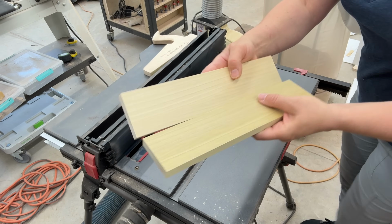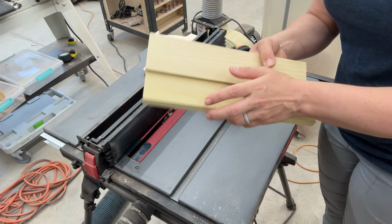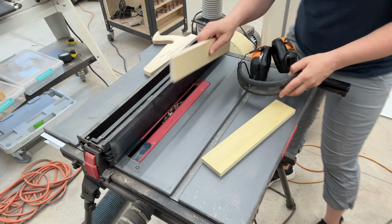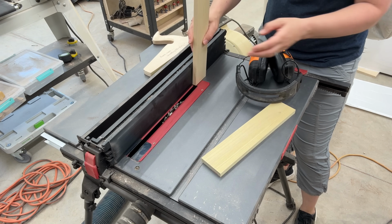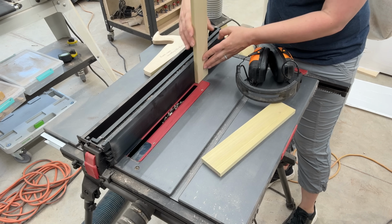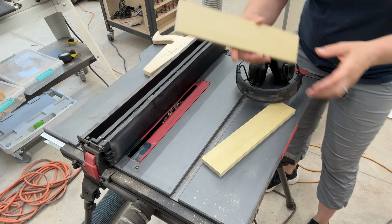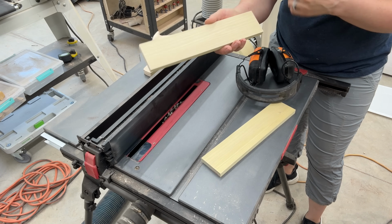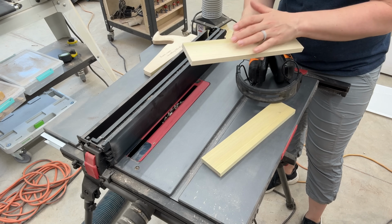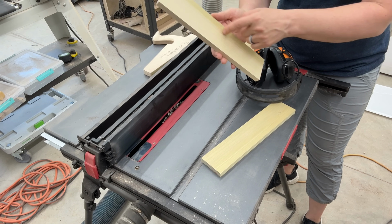Now for the front and the back, we're gonna do this a little bit different. We're gonna cut rabbets on the edge of our boards. So when I run this through the table saw, I'll be running it like this on the blade. So I will do both sides like this, and this will create a rabbet, a 1/4 inch rabbet on each end. And then when I put the groove for the bottom panel, I'll be making the groove on the back side of the rabbet. So not the same side that we made the rabbets, we'll put it on the opposite side, the groove for